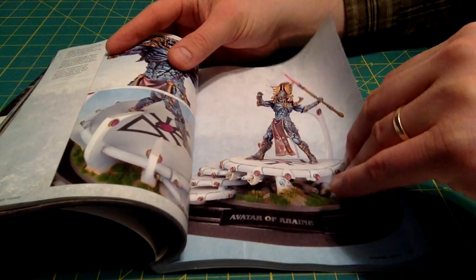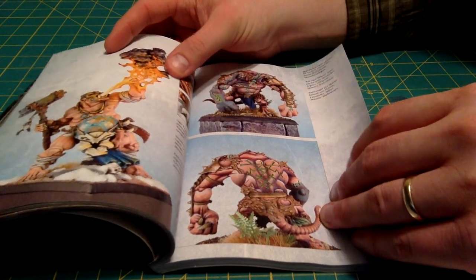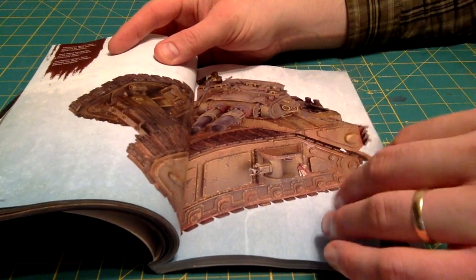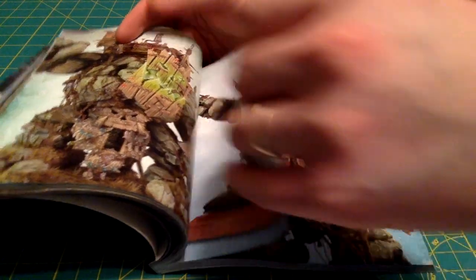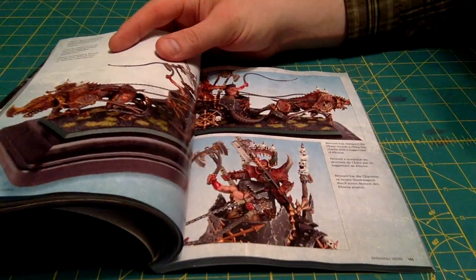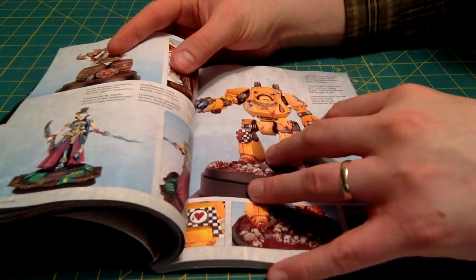But yeah, I appreciate this is the original issue. I was looking at some of these photos and I was just thinking, what is this about? I mean, it's good work, but without any context, you would pick this up and think, I don't know. It's obviously supposed to be an inspiration publication. But the text...